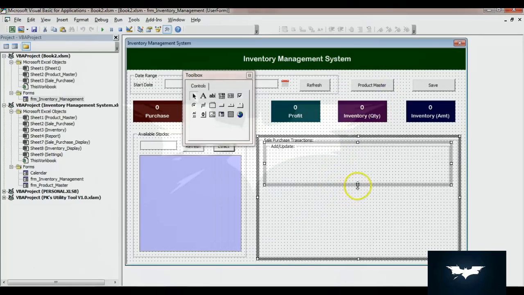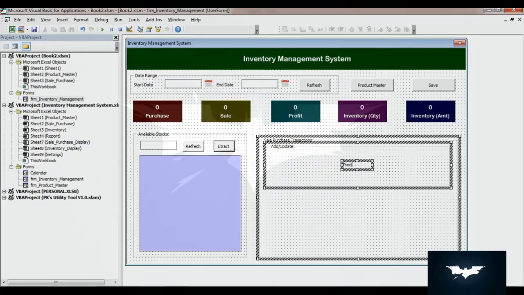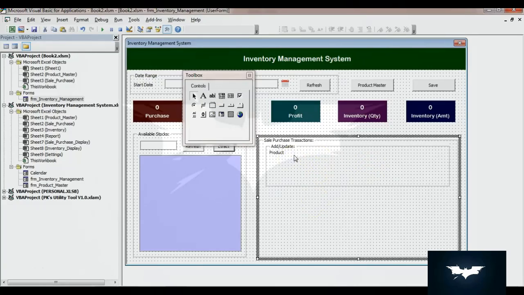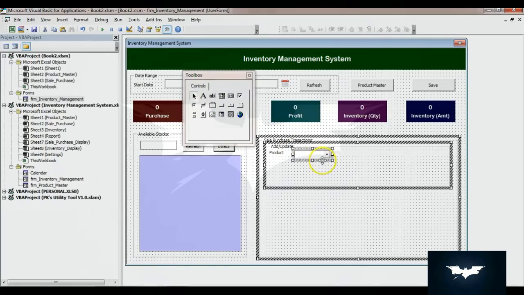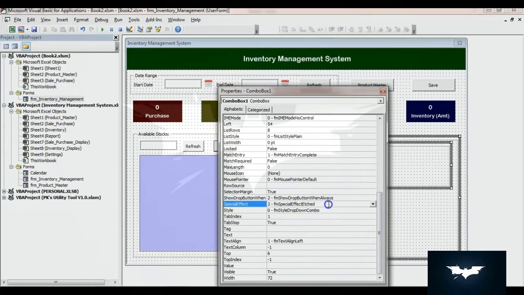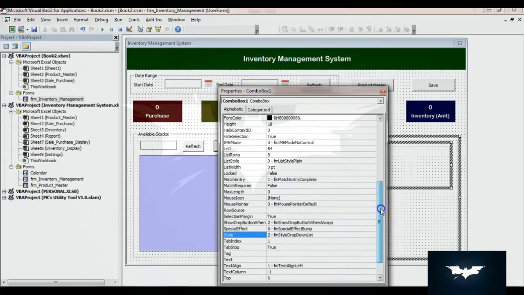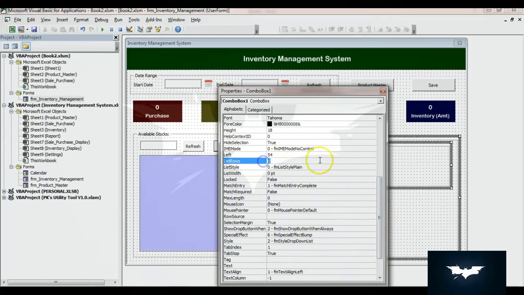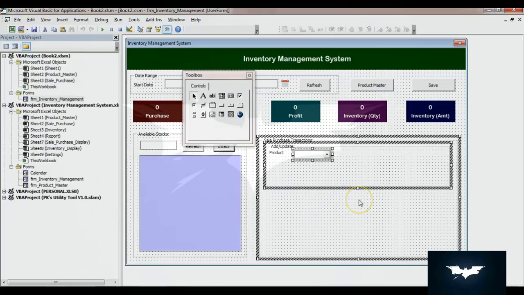In this add update frame we will put first the product combo box. So let's copy any label and just paste here and just rename this as product, move this here, and we will create a combo box. So just go to the toolbox and we will take this combo box and just click here. Right click, go to the properties, we will change the special effects. So let's say I'm taking this one, and in the style, in place of combo we will take list. Alright, the list row is currently 8, we will put here 20, 25, so that on one drop down at least 25 product can be visible, and after that the scroll will be available there.